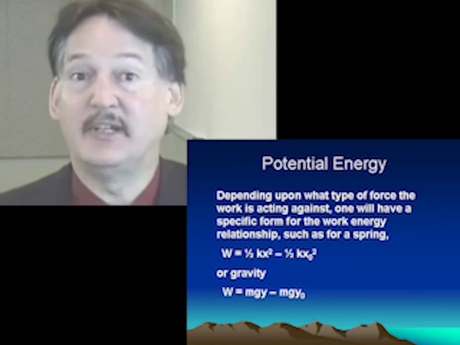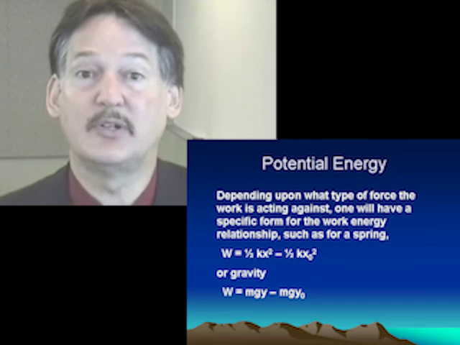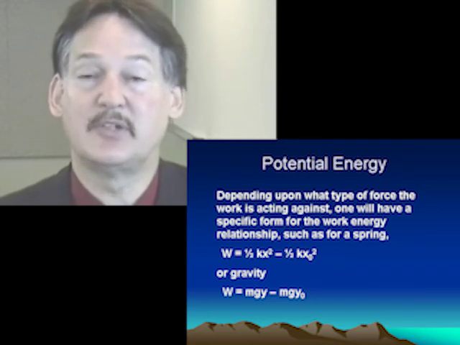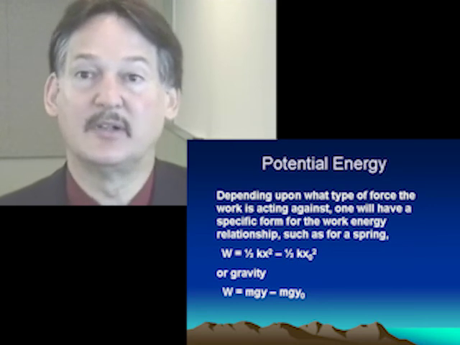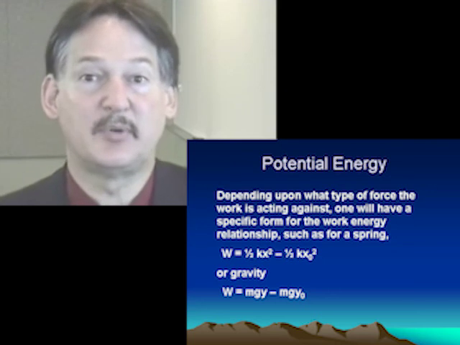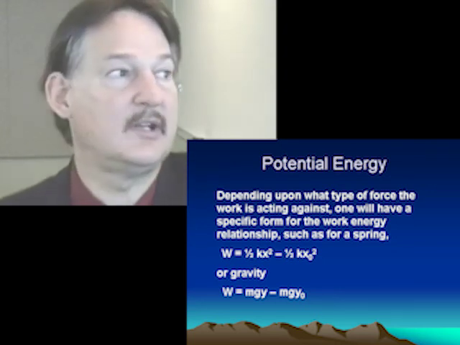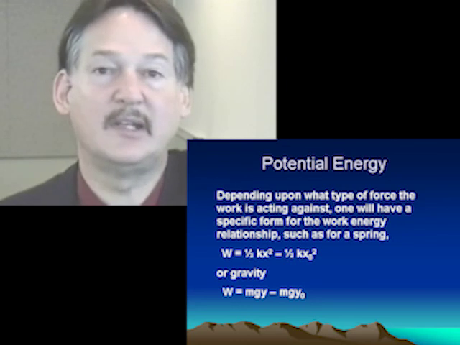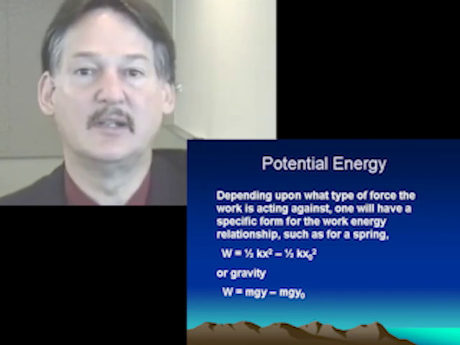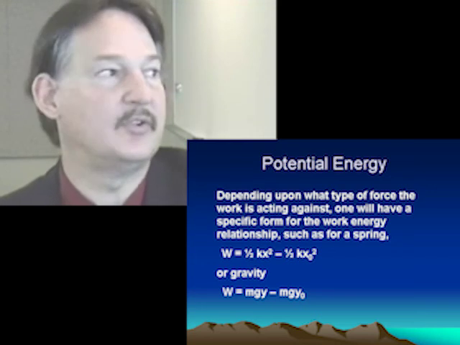Now, it doesn't have to be gravity. We can be doing work against any force or with any force, and that work will result in the potential energy change of the object that the work is being done upon. If we're using a spring, and we know that the potential energy of a spring is given by 1/2 kx squared, then if we change the extension of the spring from some beginning value to some final value, then in order for the potential energy to change from its beginning value to a final value, we have to do work